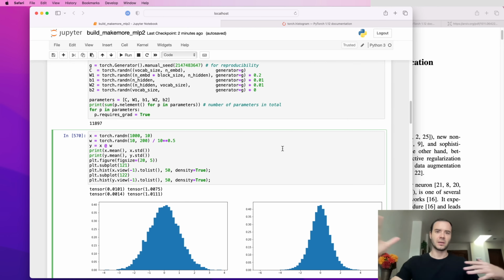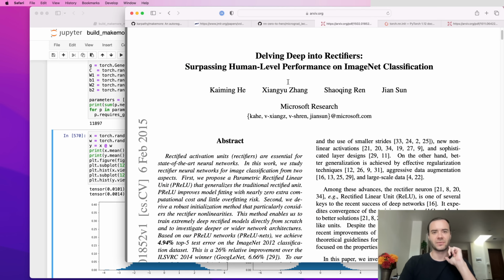And in the case of multilayer perceptrons, we can have fairly deep networks that have these nonlinearities in between. And we want to make sure that the activations are well behaved and they don't expand to infinity or shrink all the way to 0. And the question is, how do we initialize the weights so that these activations take on reasonable values throughout the network? Now, one paper that has studied this in quite a bit of detail that is often referenced is this